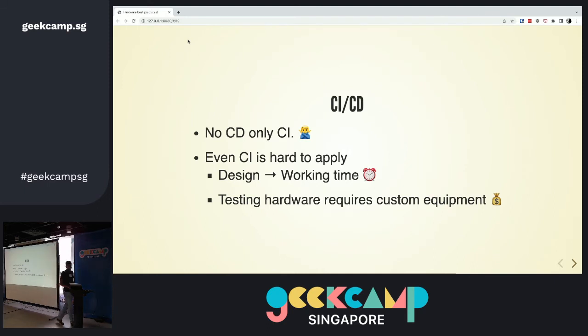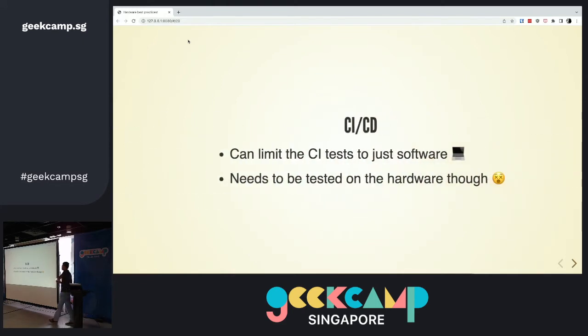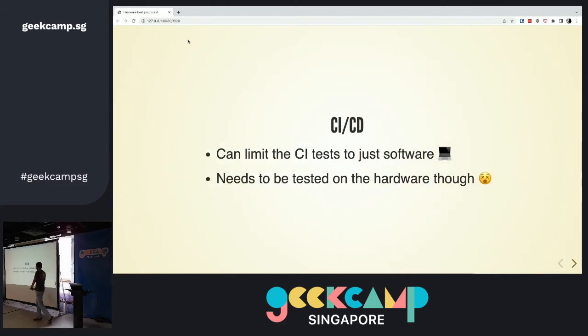So this stuff gets very hard. What we did find out is if you restrict your usage to just testing the software on the hardware, you can get quite a bit of the benefits of CI, and it actually can work. The awkward bit is you need to test the software on the hardware you're making. So in our use case, we have to test the software to work on the piece of hardware that I was showing you earlier, or some subsystem of it.